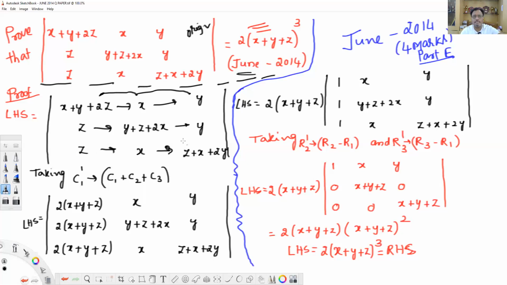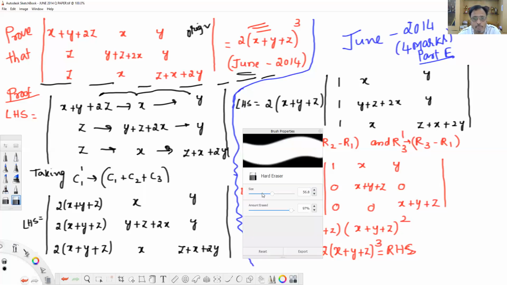That can be taken outside. When you take the common factor, definitely the enemy's support has been taken. When the enemy's support is gone, the enemy will become weak. Okay, that I have decided. Now what I'll do, look here. I'm going to change this operation now. You try to understand. Look here.